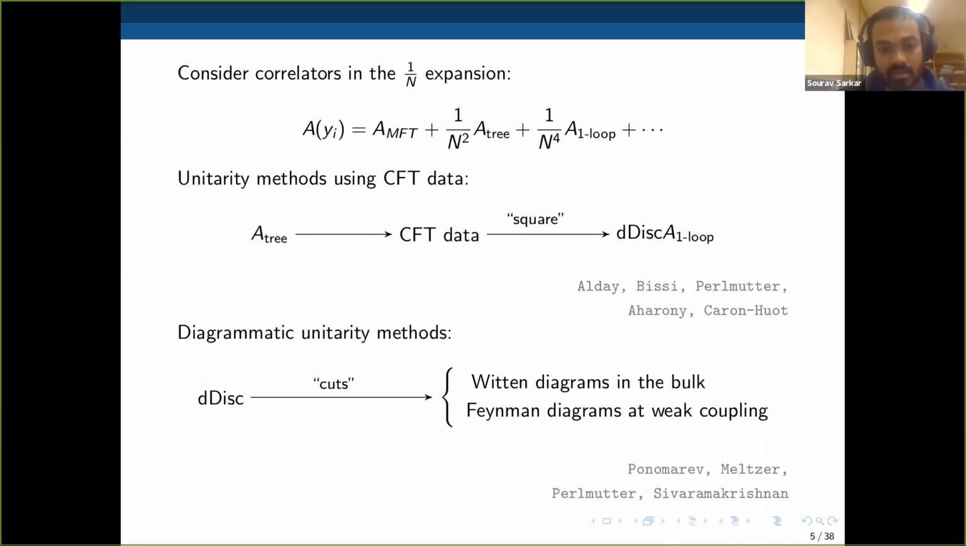And let's say if we consider a correlator that we expand in the 1/N expansion, so there have been calculations where we take, say, the tree-level CFT data